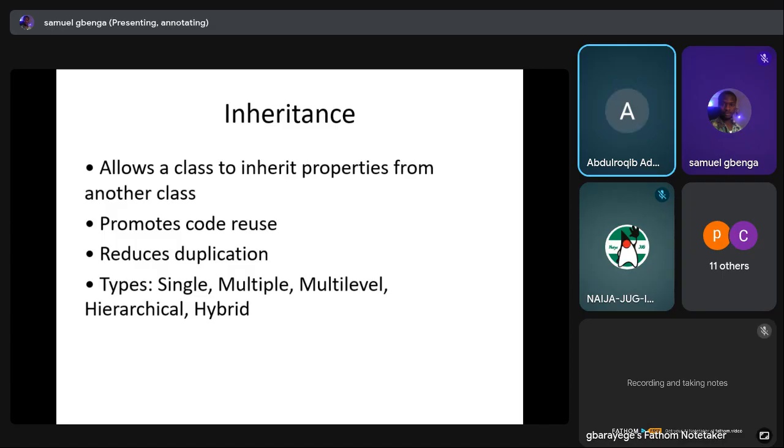and makes our code base very neat and easy to understand by other programmers. Okay, so what are the types of inheritance? In Java, we have 5 types of inheritance. We have the single inheritance, the multiple inheritance, the multi-level inheritance, the hierarchical inheritance,